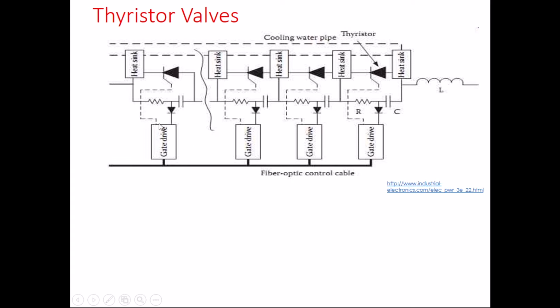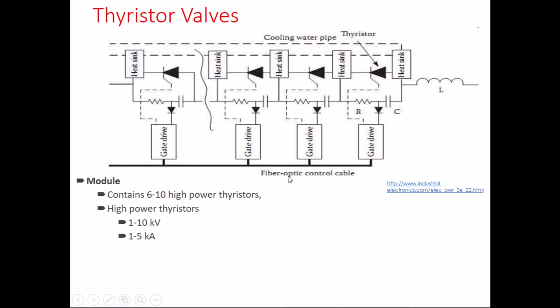As well, we provide the firing to all these thyristors through optical fiber cables, so we can provide proper isolation, because here the power circuit is operated at 500 or 1000 kV, a very high voltage level, whereas the control circuit is operated at a very low voltage level. Suppose any fault happens in the power circuit; if you do not provide isolation to the gate circuit of the thyristor, it may be possible that your gate driver circuit will be damaged.